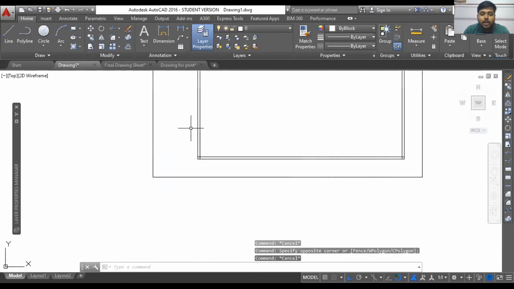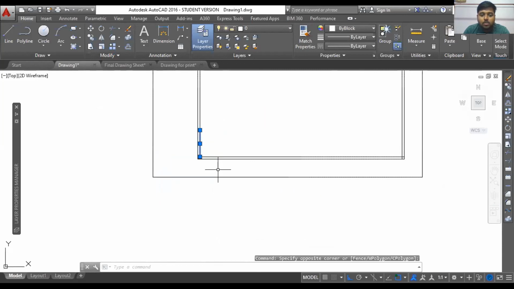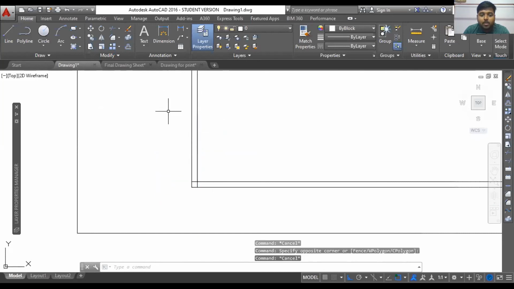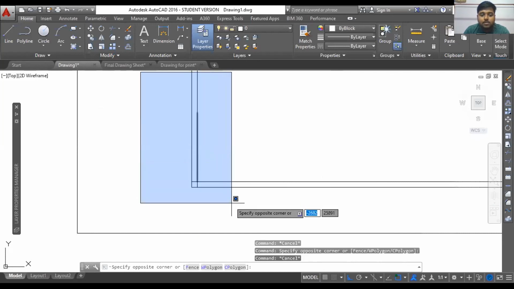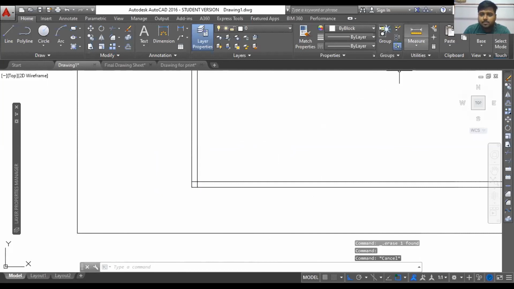So I know the line is somewhere here, so I can use this left to right blue selection tool. It will only select that small line, because that is the line completely covered by the blue selection tool, and I can easily delete it. Or you can simply click, select and delete it. But this is the use of the selection tool.